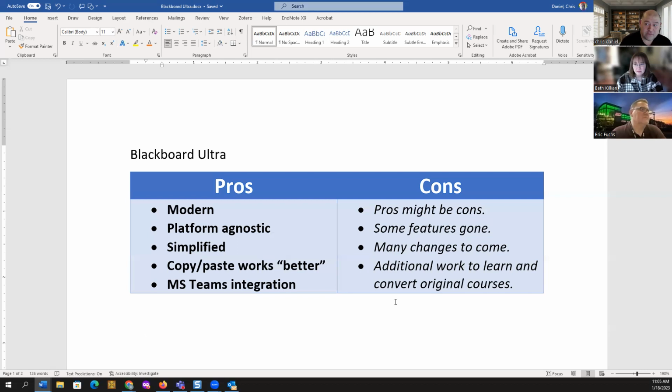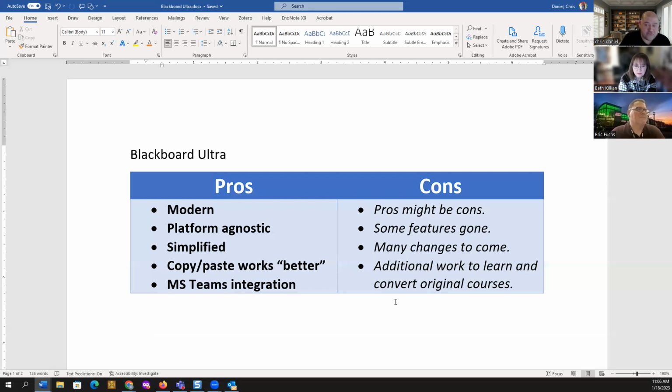Now, simple can sometimes mean stifling, but I believe that if you're looking for an easy, more straightforward workflow into putting content in a course, and if you're looking for courses to look about the same from one course to another, one department to another within a college, that's going to be more attainable than with Original, where you can go to one course and it looks completely different than the other one to a certain extent.